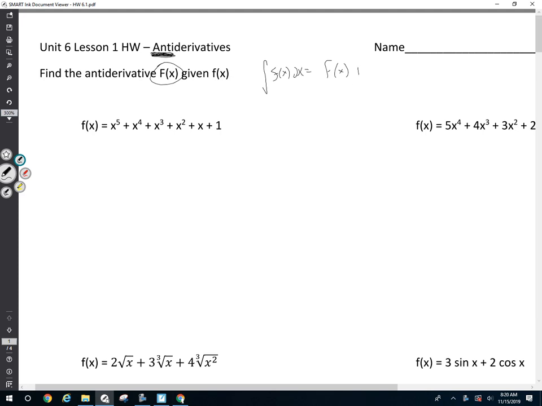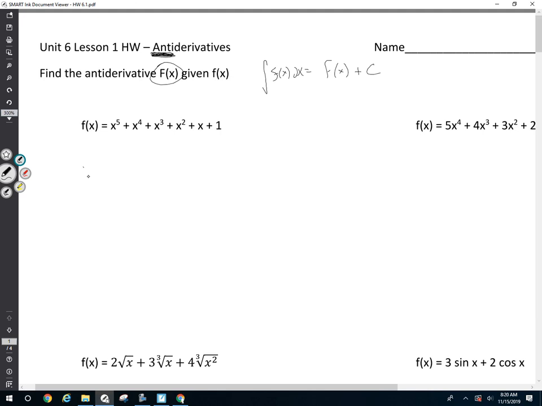We'll remember that you can have a C whenever you're taking an antiderivative, because if you take the derivative of a constant, it's always 0. So if I go backwards, I need to be able to account for these constants that may or may not exist. Okay, so I'm going to take the antiderivative to get F, and for these I'm going to use the